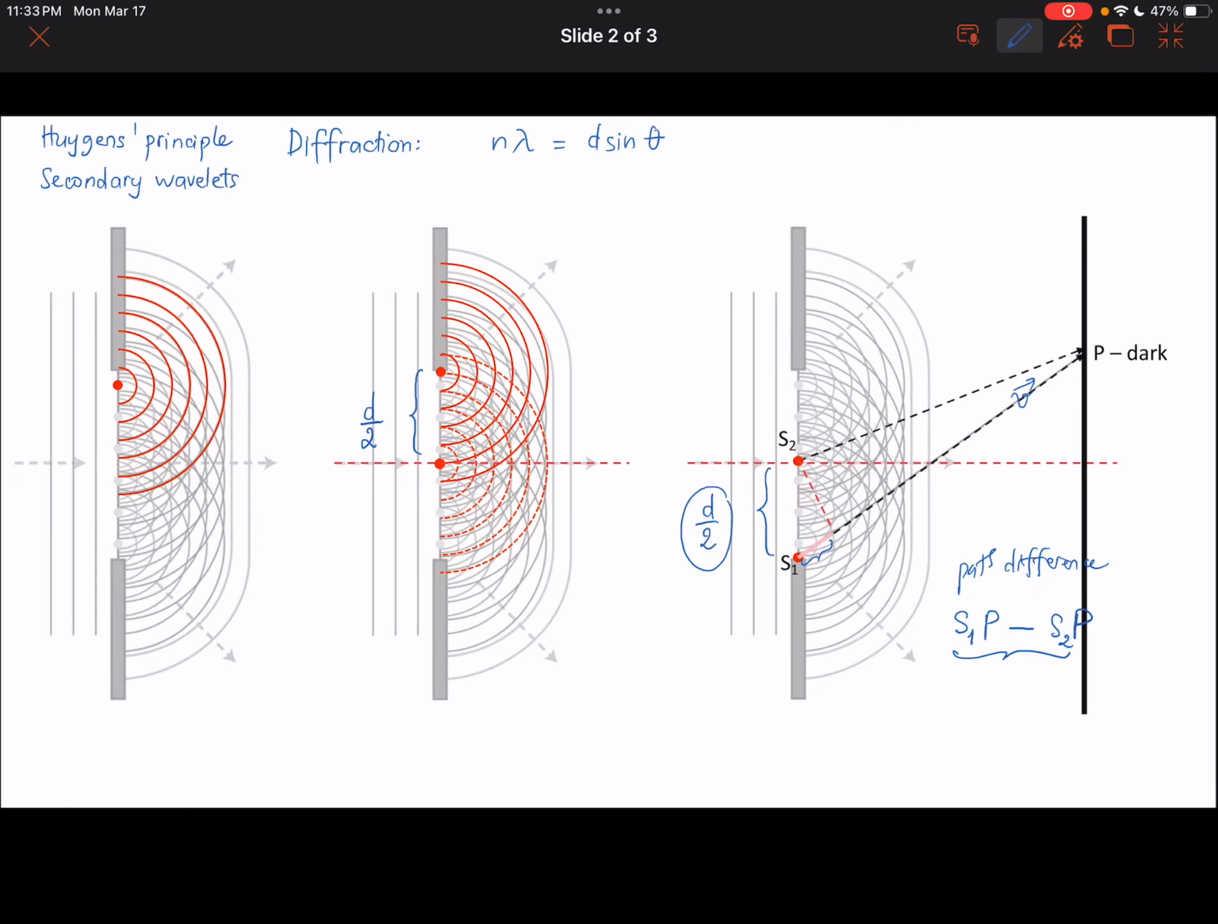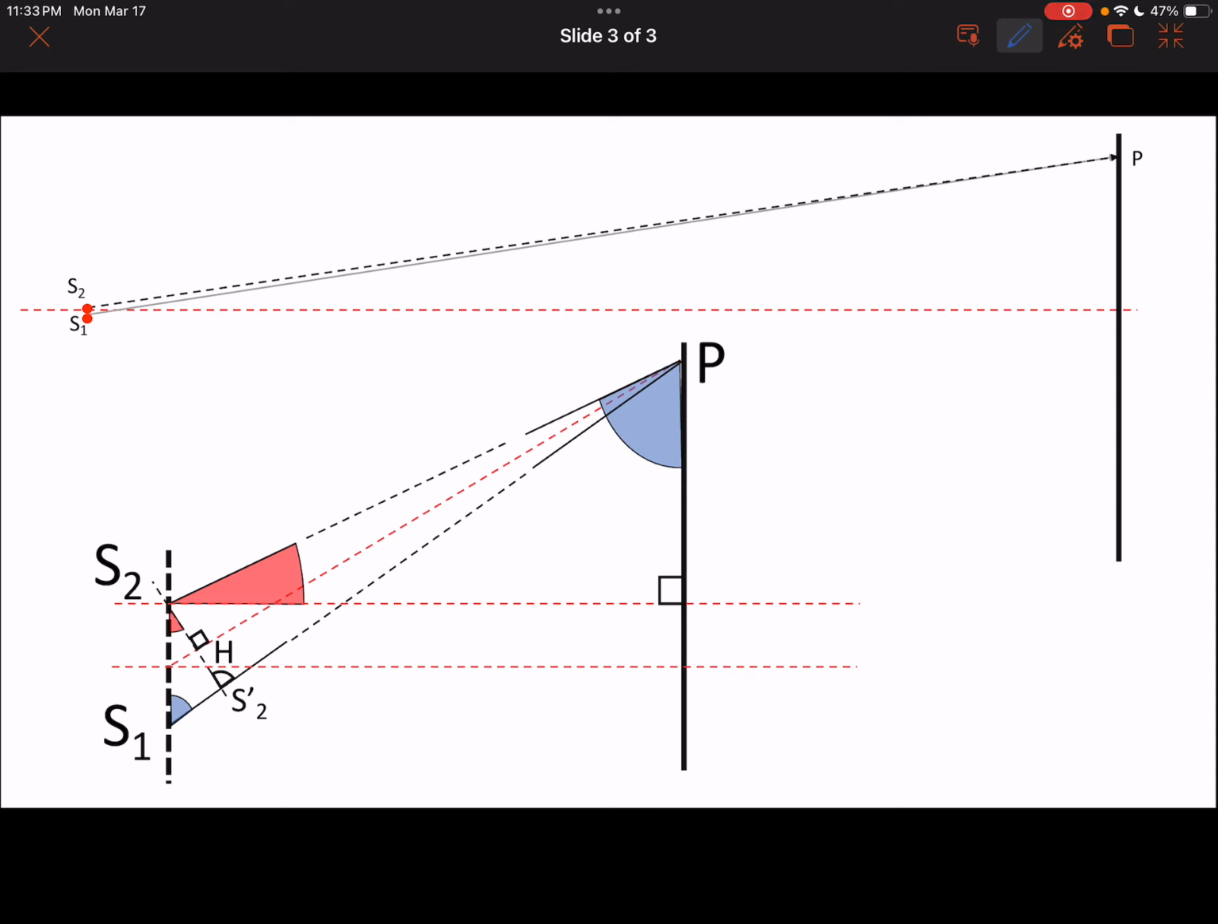Okay, so now let's calculate the path difference between S1 to P and S2 to P. Here I draw the diagram again and just want to show you that, in reality, the distance between the slit and the screen is pretty large, usually measured in meters. It can be like 1 meter or more, like 2 meters, but the slit width